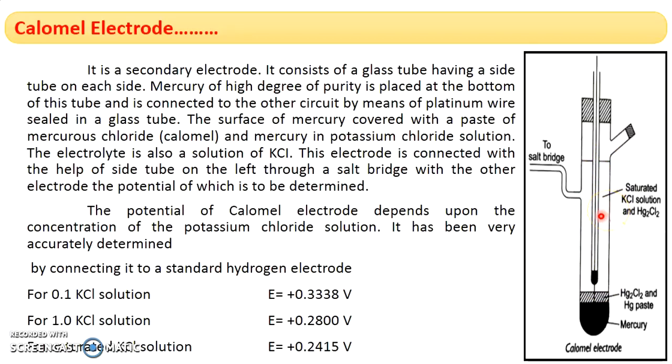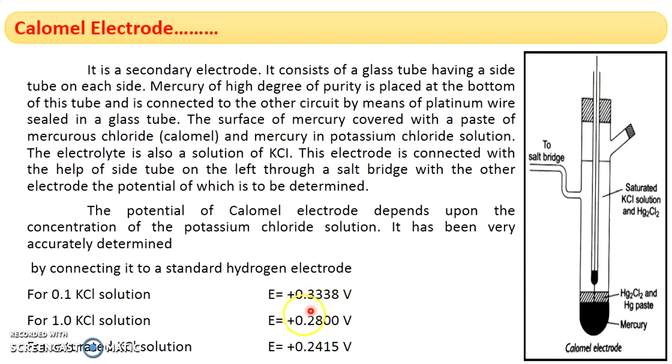This is regarding the construction of calomel electrode and its electrode potential. Calomel electrode potential must be known before it is used as secondary reference electrode. Its electrode potential is determined by connecting with standard hydrogen electrode or other primary reference electrodes. While we are using 0.1 KCl solution, its electrode potential is taken as plus